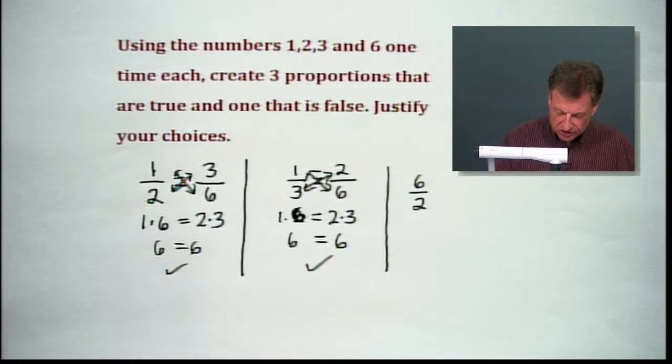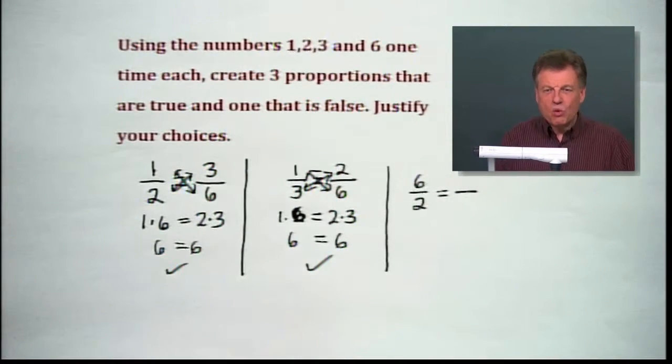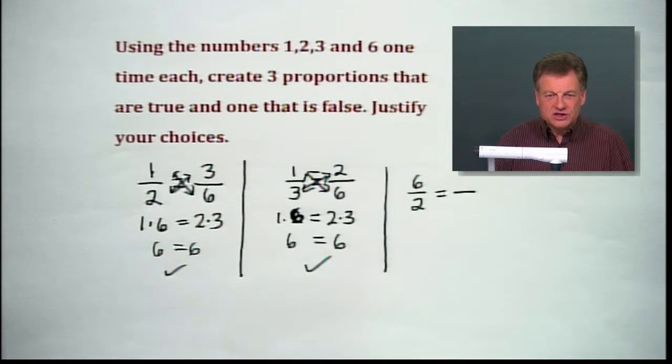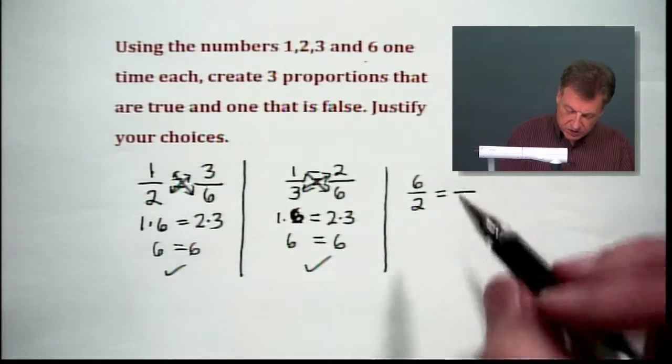Whoa. You say, Ernie, is the numerator allowed to be bigger than the denominator? Yeah, in a proportion we're allowed to. It's okay. But what are we going to do with my other 2 digits that I have not used? Now, we used the 2 and the 6 first here. So what are we going to put in here? We're going to do what? 3